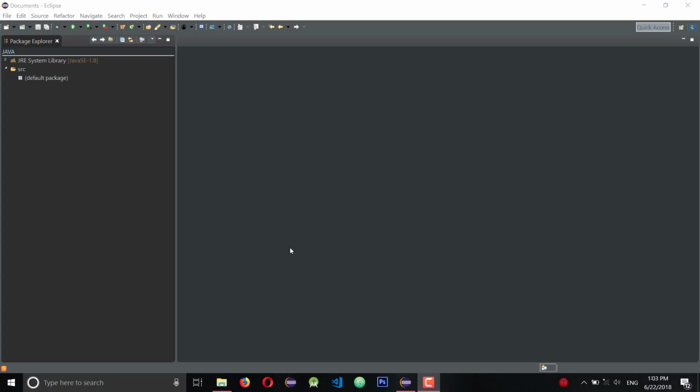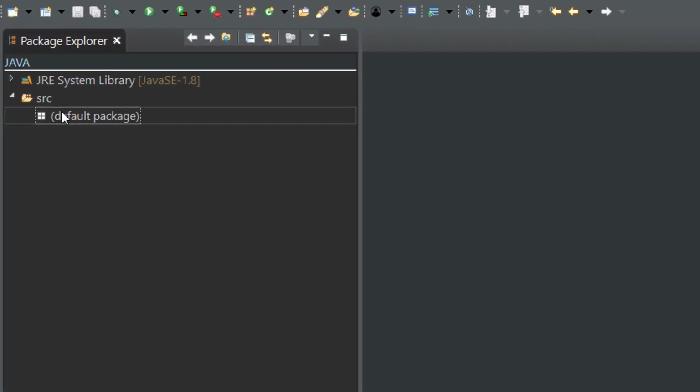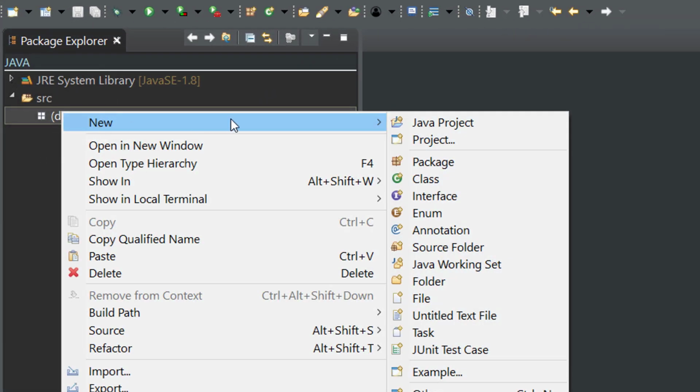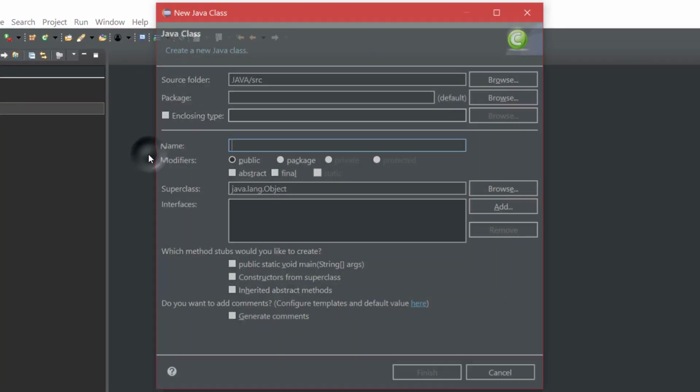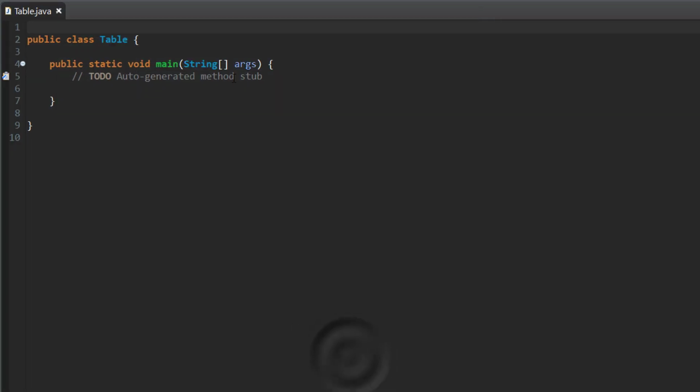Hello guys, today I'm gonna show you how to make a table in Eclipse. So first we're gonna build a new class and we're gonna just call it table. Remember to hit this option to put the main and hit finish. Alright,